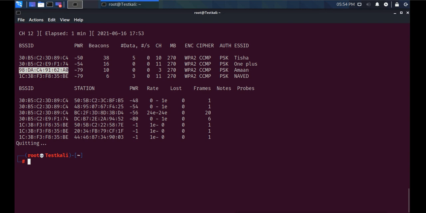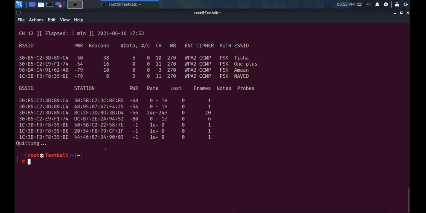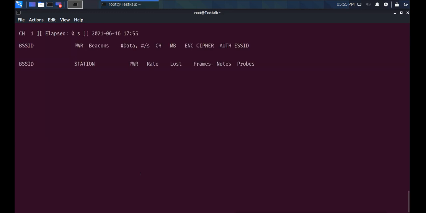I will copy this and run this as it is, and keep it running, and then it will go to the next terminal.